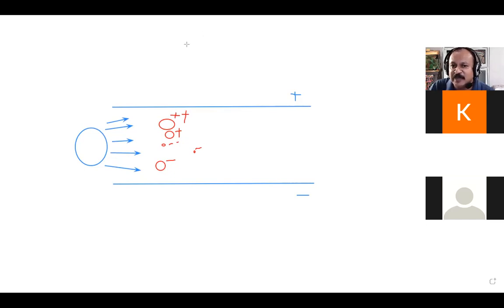So let me again show with the arrow that this particle will be directed toward the positive electrode. This also will go to the positive electrode, but the speed of deflection will be less because the size of this ion is more. If the velocity is more, I will show it with a double arrow. So a double arrow indicates that the speed of movement is more rapid for this ion.